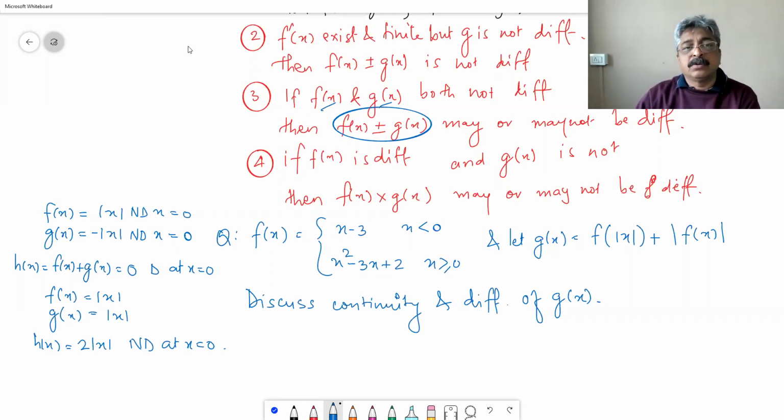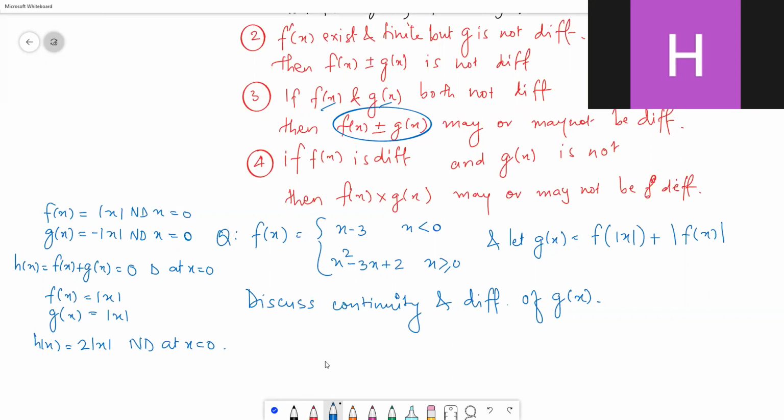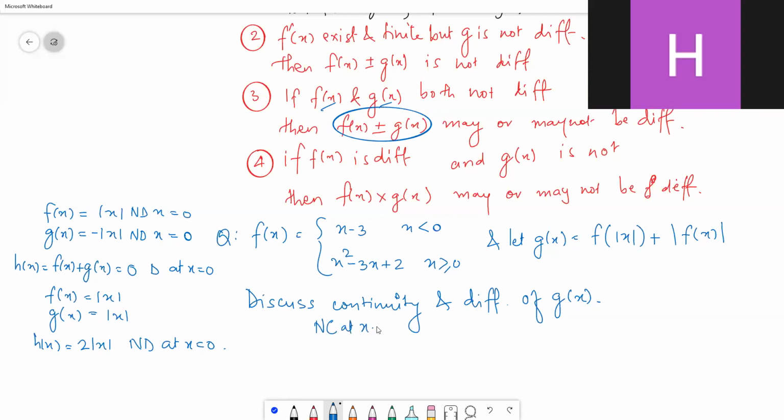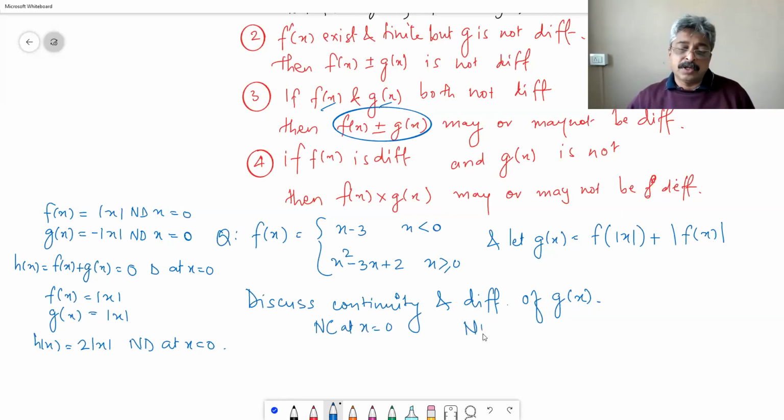Okay, so let me give you another example, easy. Find the values of a. So what is the answer for continuity for this one? Not continuous at x is equal to 0. Not continuous at x is equal to 0, and not differentiable at 0, 1 and 2. That is the answer. Okay, next problem is